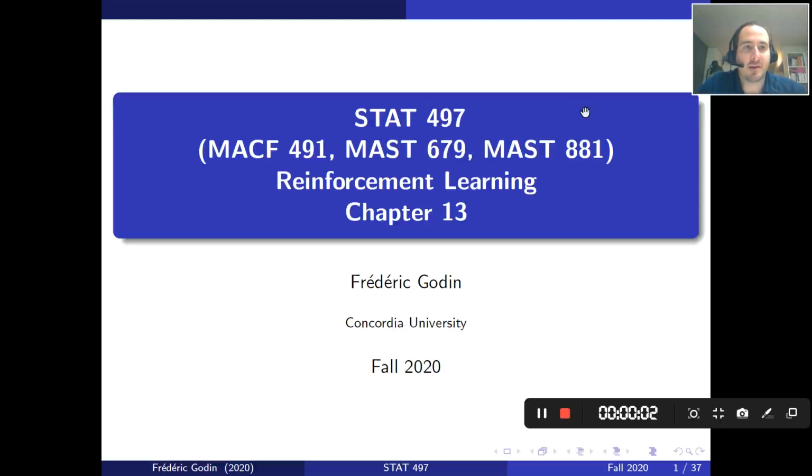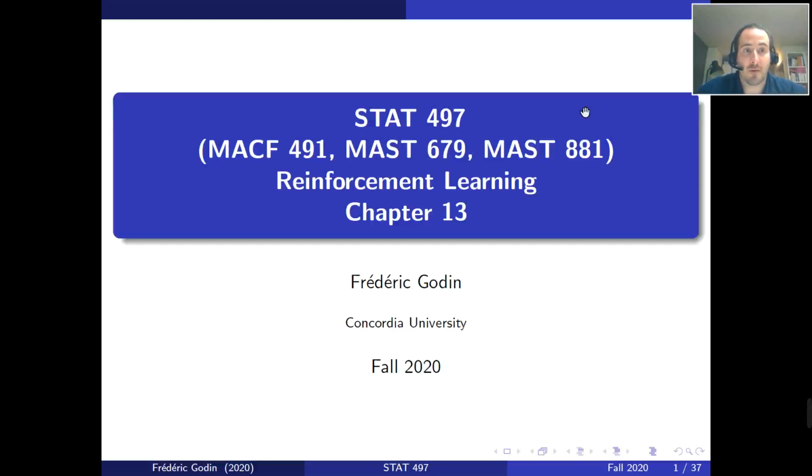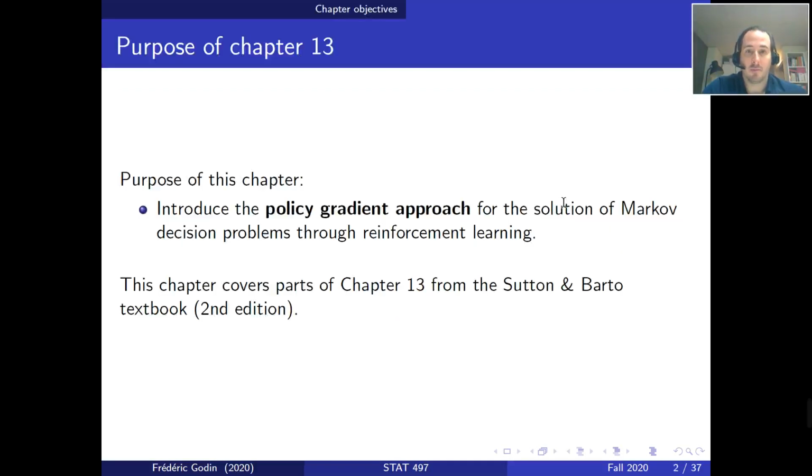Hello everybody, this is the first video of the last chapter from this course. The chapter is called Chapter 13. So why is it called Chapter 13? We haven't gone through 13 chapters in the class, but it's because it covers Chapter 13 of the textbook. And this chapter introduces the policy gradient approach for the solution of Markov decision problems with the reinforcement learning